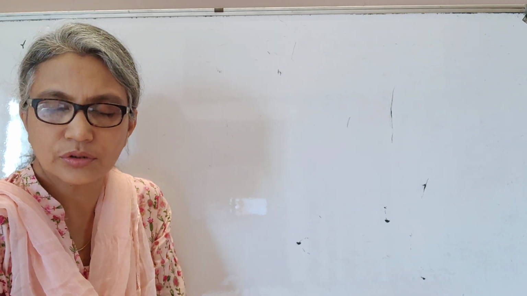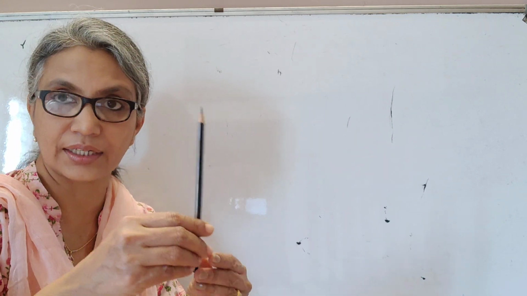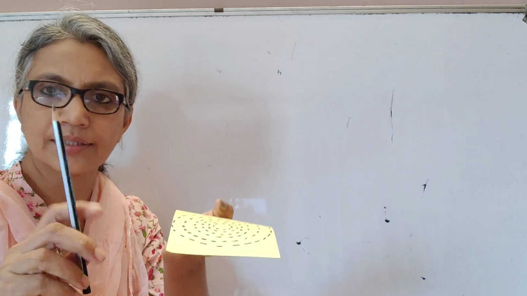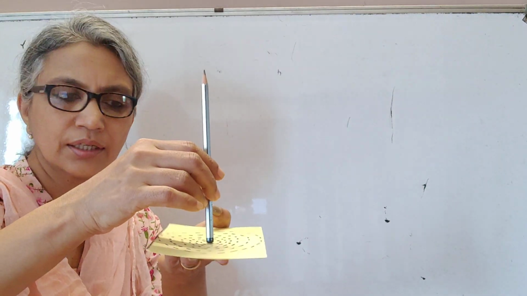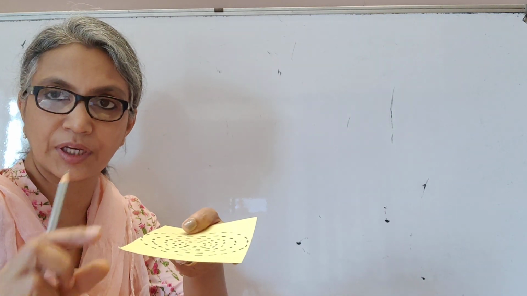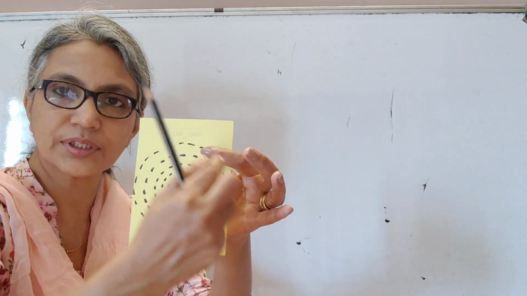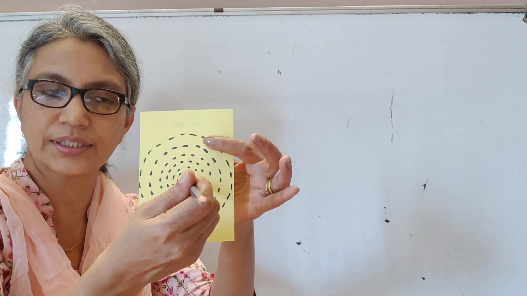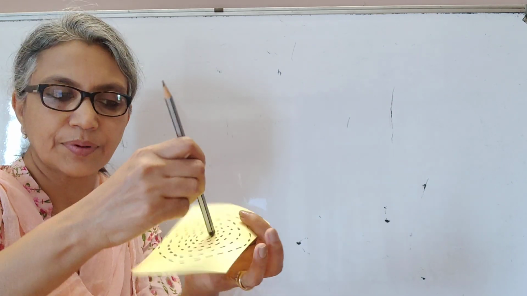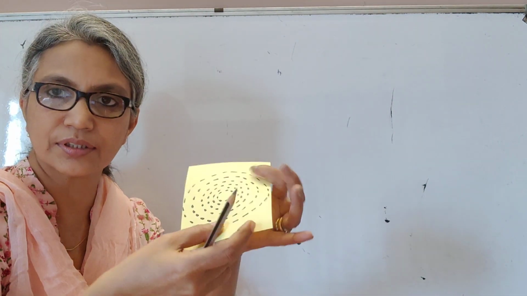You have been introduced to this topic in class 10. If you remember, you had a long straight wire carrying current, and there was a picture of a plane like this. You have the current carrying conductor here, and you put iron filings on that paper, and what happens is the iron filings will arrange themselves in circular loops like this. If your conductor is like this, the plane is perpendicular to the conductor. As soon as you start passing current through the conductor, the iron filings will start arranging themselves in circular loops.